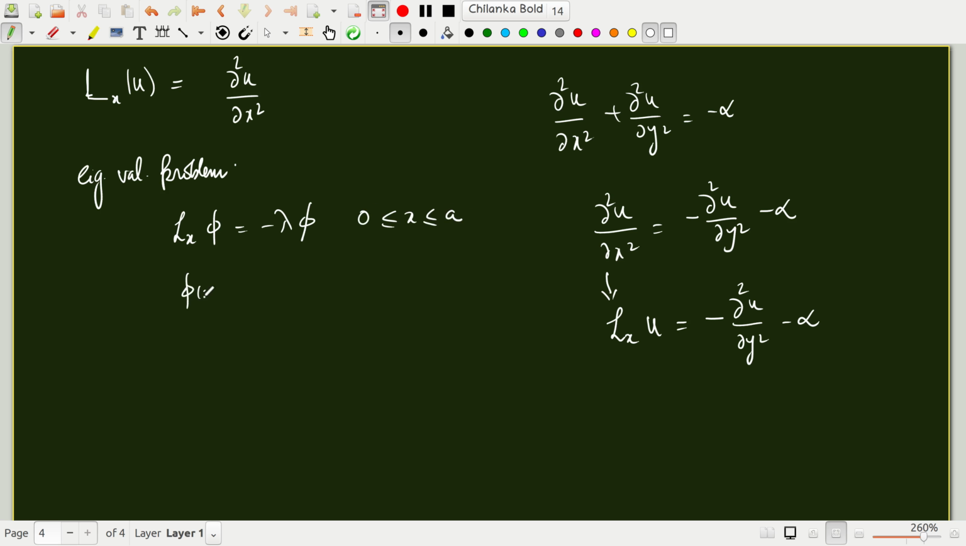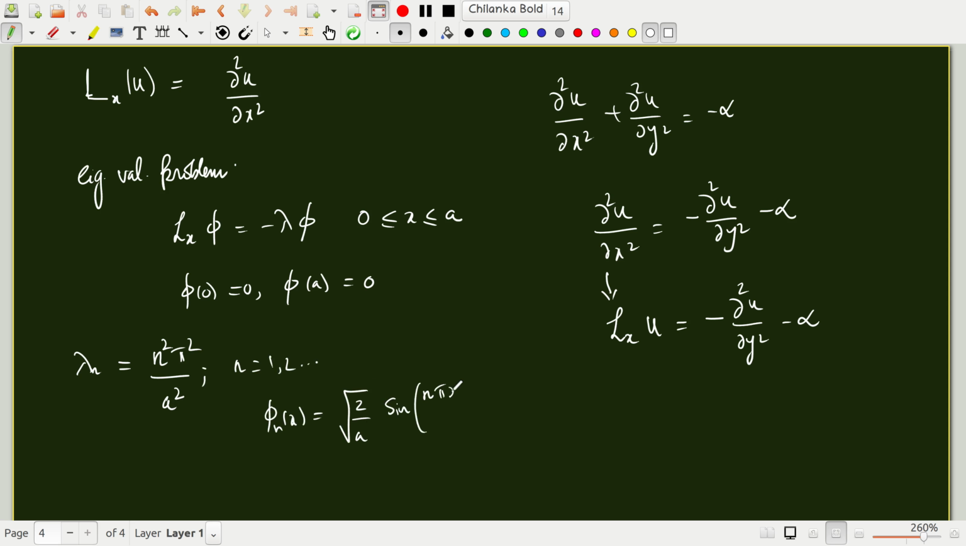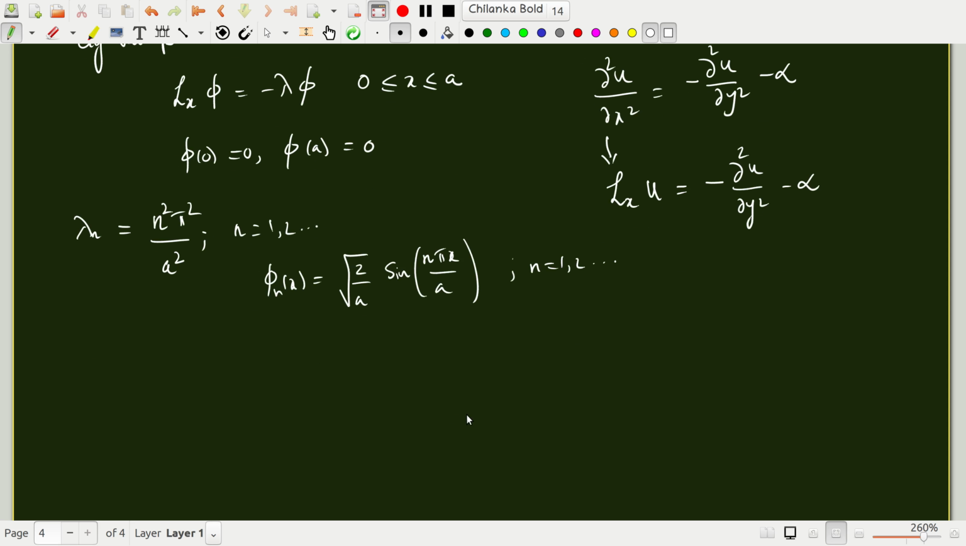And phi of 0 is 0, phi of a is 0, and once we solve this, it is the same eigenvalue problem that we have solved before: n squared pi squared over a squared, instead of L in the previous problem, where n is 1, 2, and so on, and phi n of x is the normalized sinusoidal functions, and so on. Okay, so once you solve this eigenvalue problem, what I next do is, so any function f